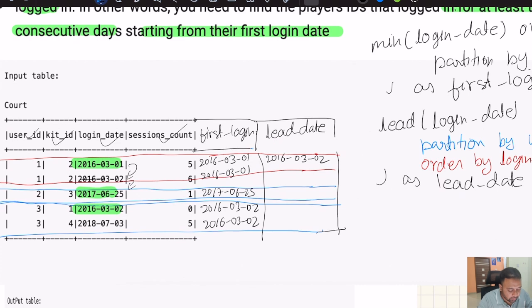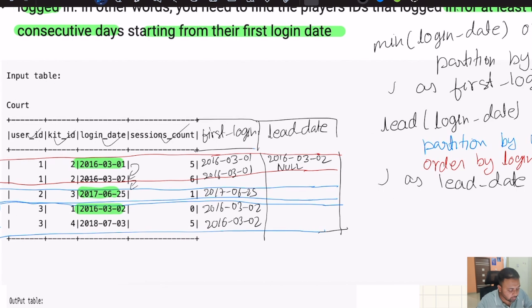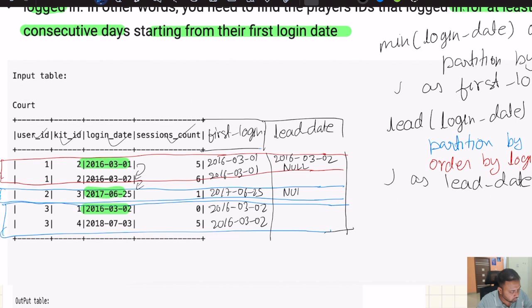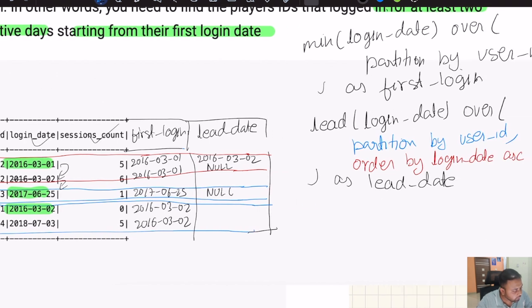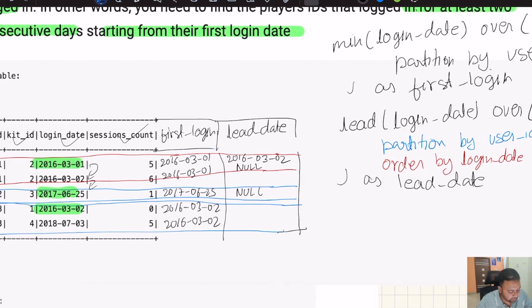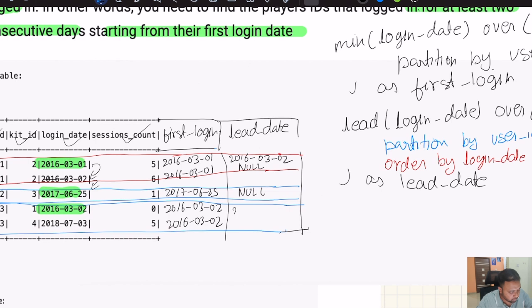But user ID 2 has not visited the next time, it has only visited once, right? So there is no lead for this particular row, so it will be null. User ID 2 has only visited 1 time, so the lead of this will also be null. For the lead of user ID 3, this particular date, the lead will be this, right? Because we have done order by login date ascending, right? So it will be 2018,